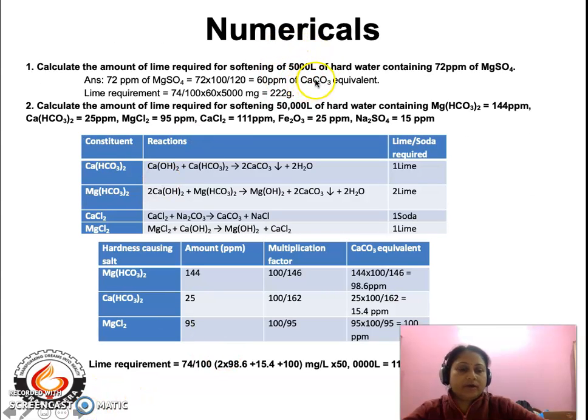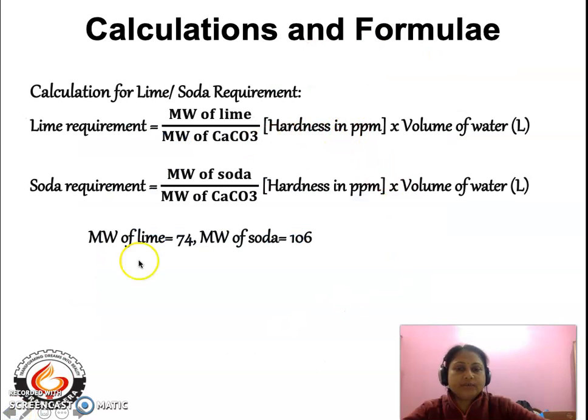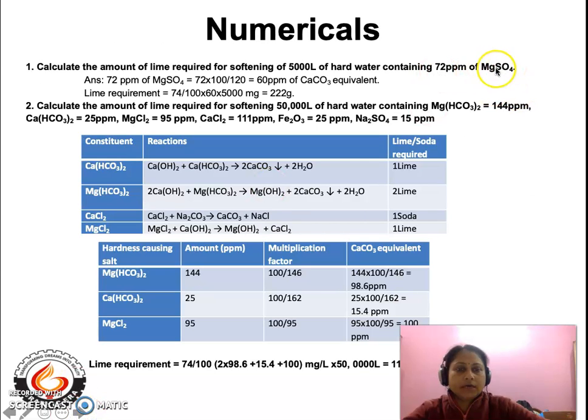The volume of water is 5000 liters, and for the hardness in ppm, we have to convert the magnesium sulfate hardness into calcium carbonate equivalent. So 72 ppm of magnesium sulfate is equal to 72 into 100 divided by 120. The molecular weight of calcium carbonate is 100 and the molecular weight of magnesium sulfate is 120. So 72 into 100 divided by 120 comes out to be 60 ppm of calcium carbonate equivalent. This is a very important thing that you have to remember